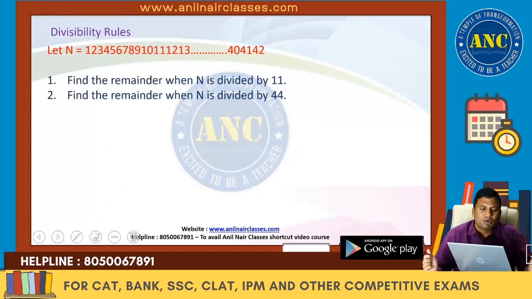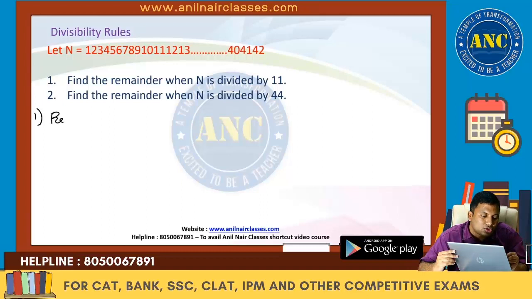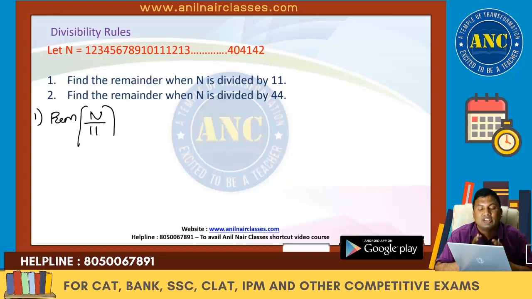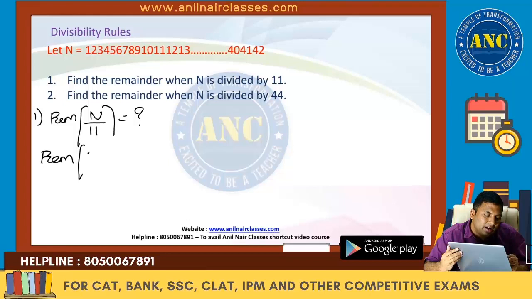Now, another beautiful question. 1, 2, 3, 4, 5, 6, 7, 8, 9, 10, 11, 12 and so on up to 42. It is divided by 11. The reason why I introduced multiple methods to you is the remainder when you divide a number by 11. Suppose you try to solve this question by using the method taught in your school or coaching center: take the odd places and keep on adding, take the even places and keep on adding. Check how much time it is taking. Suppose you know method number 1, which is the remainder when 10 square is divided by 11, which is nothing but 1.